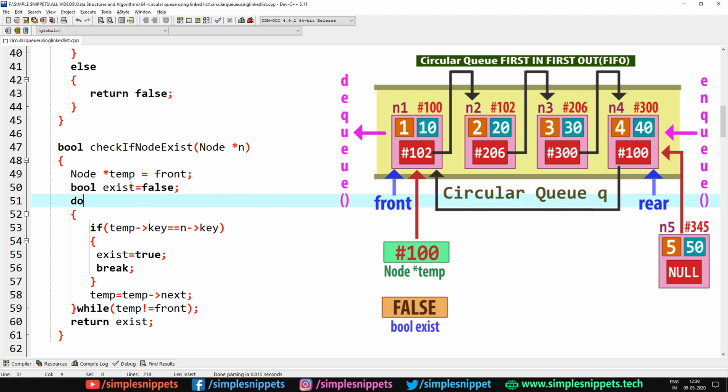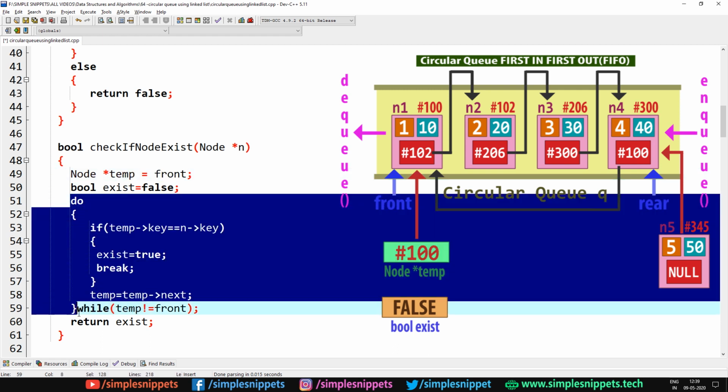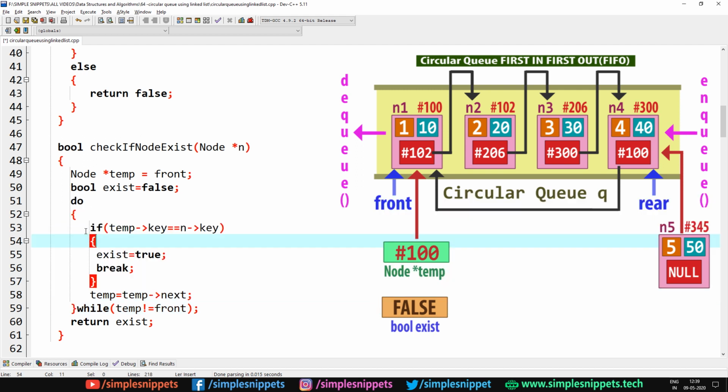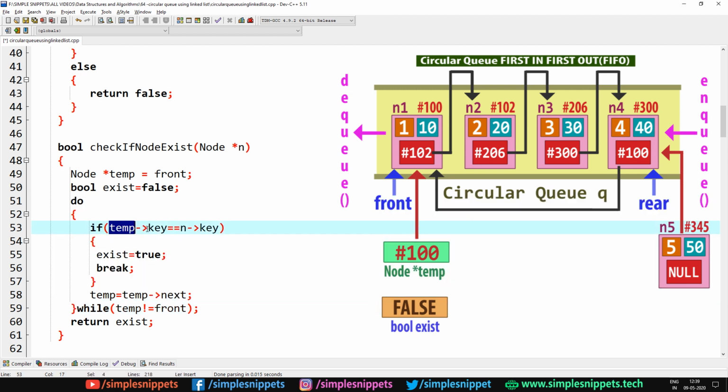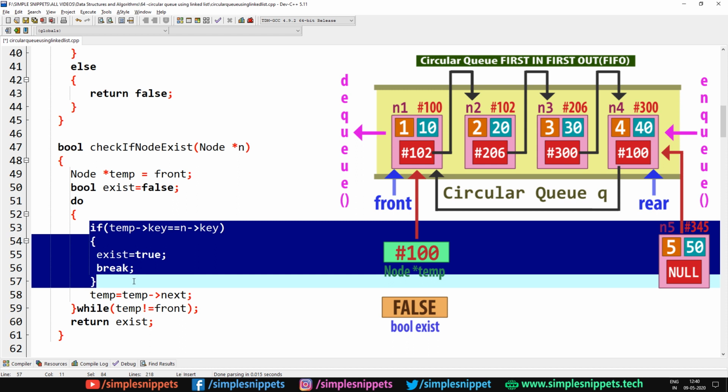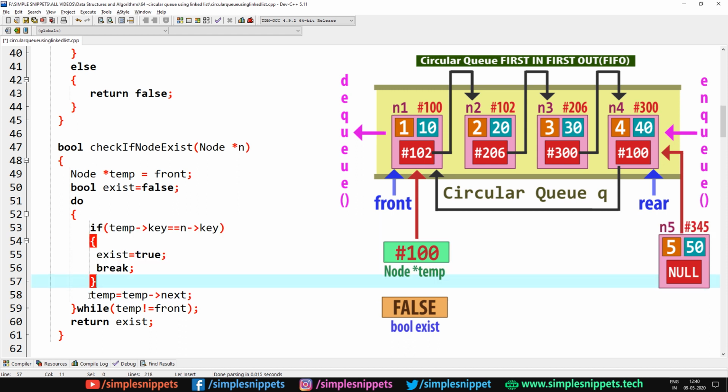start. So for the first time, even when temp is pointing to front, this do while loop will execute directly. So we will directly go inside the loop. We will say if temp of key equal to n of key. Temp of key, initially temp is pointing to n1, so n1's key is 1. Is it equal to n's key? What is n? n is n5, n5's key is 5. Is it equal? No. So if will not be executed, we will come outside if, and then we will say